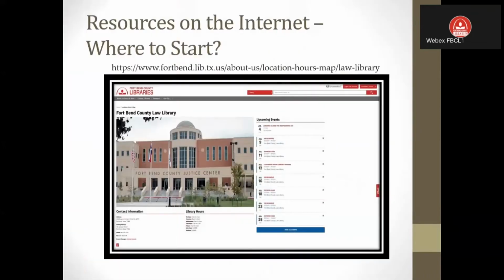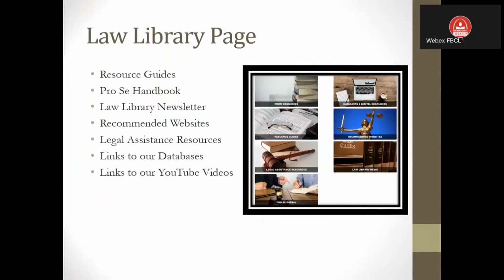So where to start? I always say go to our law library page, mainly because we have a lot of curated resources on there that you have access to, including resource guides on various topics: family law, criminal law, probate and estates, and so on. The Pro Se Handbook is there, so all your forms and information that I have pulled from various websites, including Texas Law Help, other county law libraries in the state, that are all really good resources, legal aid organizations that have like a general informational guide. So I put it all in one place for you.